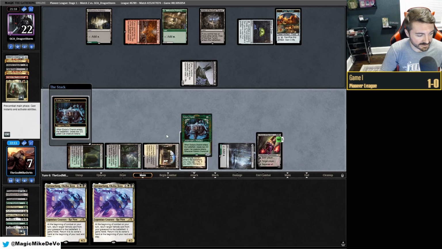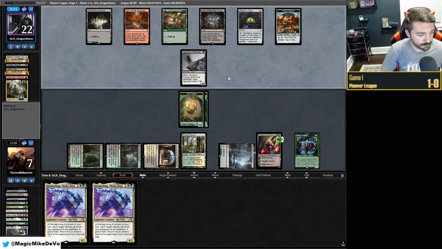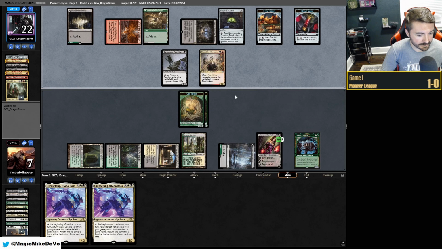If we play Greasefang, they just kill it. I wonder if they eat the food or they save the food. Oh, okay. So they just have Push and a mystery card in hand. Oh, they're drawing pretty well. They draw Harvester here. At least now we can actually uptick Lily and then get Greasefang into play because our